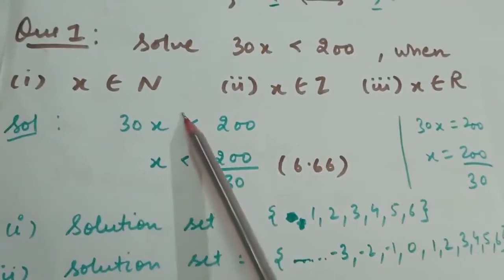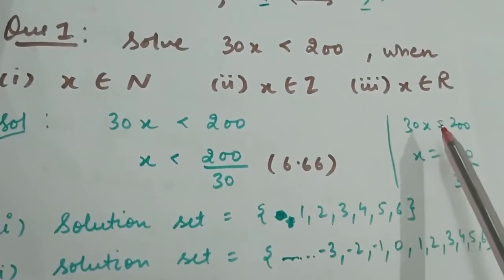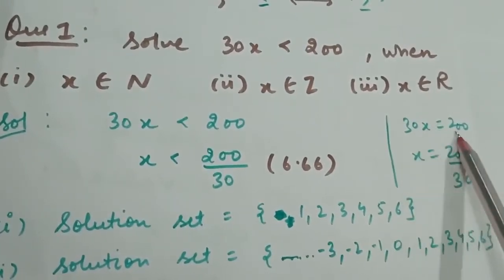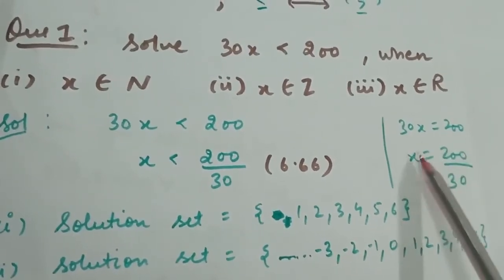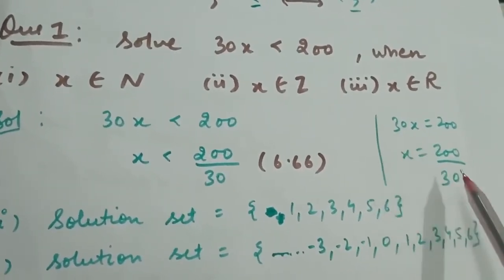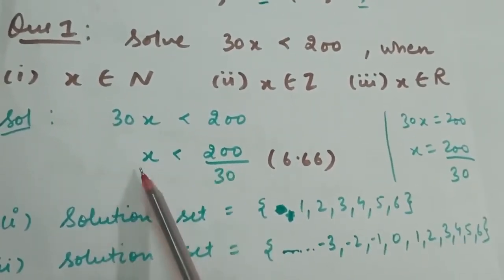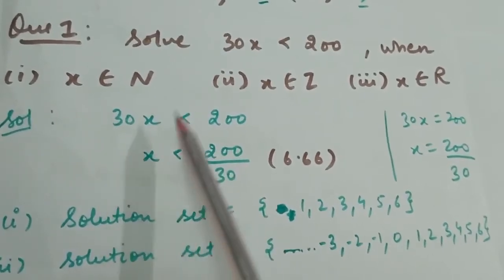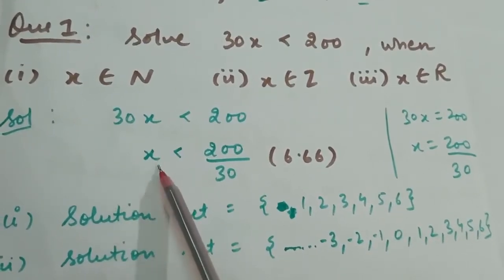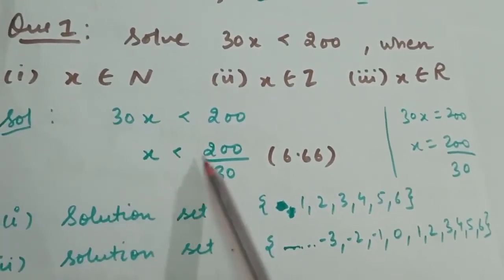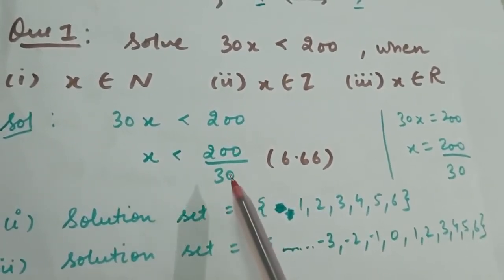Right? We want to find the value of x. So we have to do the same as we have done in equations, when they have given linear equations. If 30x is equal to 200, to find the value of x, what will you do? Take 30 to that side. Similarly, in linear inequalities also, you have to divide by 30, right? Divide this linear inequality by 30. Now dividing by 30, we will be left with x less than 200 upon 30. The sign will not change as we have divided by 30.